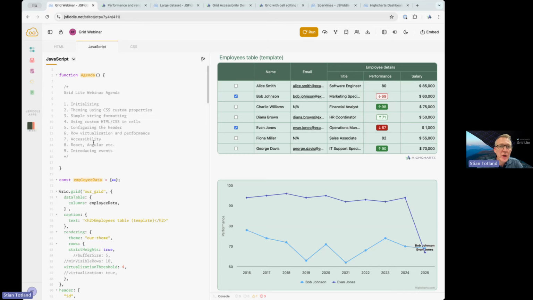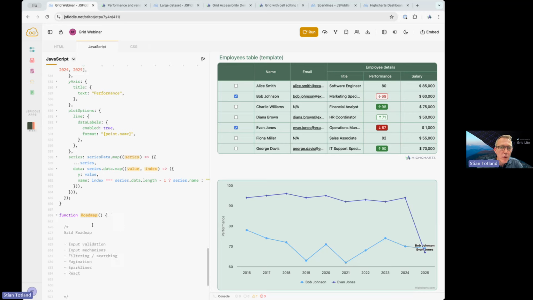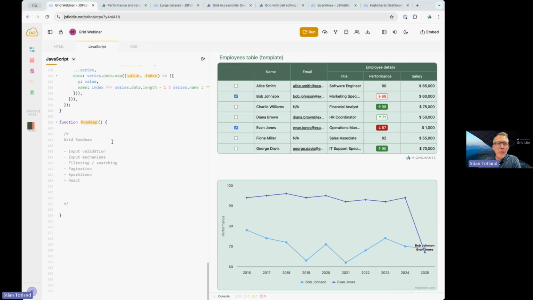I will just quickly skip to, I have down below here, I have a roadmap. Just to talk a little bit about what the next steps are for DataGrid. I think the thing we are currently working on that is pretty close to being released is input validation, because